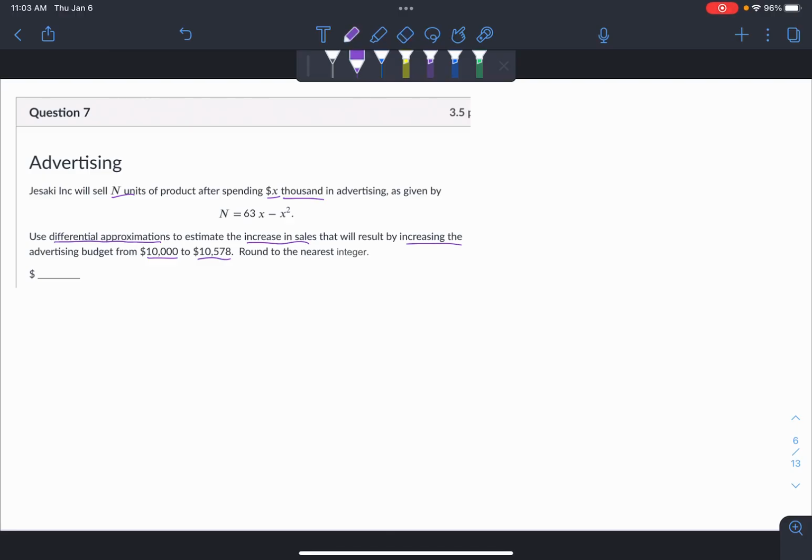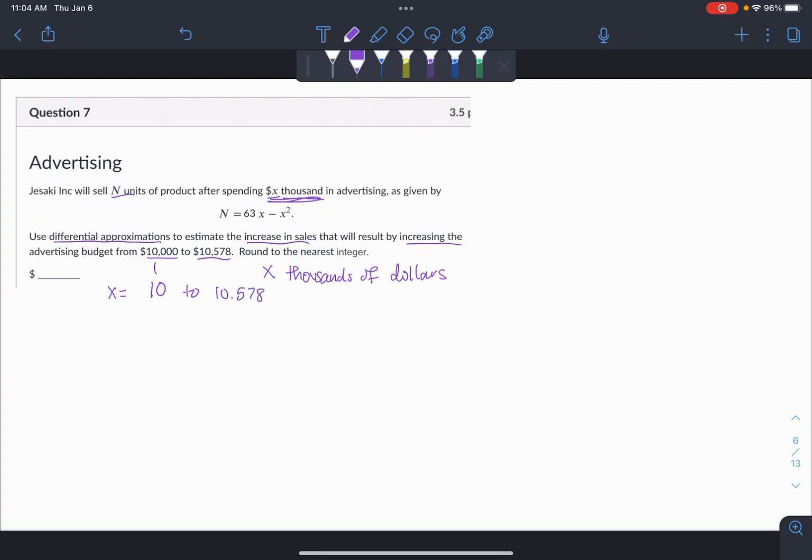One important thing to notice here is that our X is in thousands of dollars, as indicated in the first line. So we should first convert these to X thousands of dollars. One way you could do it is you can divide these two numbers by 1,000, or you can just think of this as 10,000 or $10,000, whichever way works for you. So we want to know the increase in X equals 10 to X equals